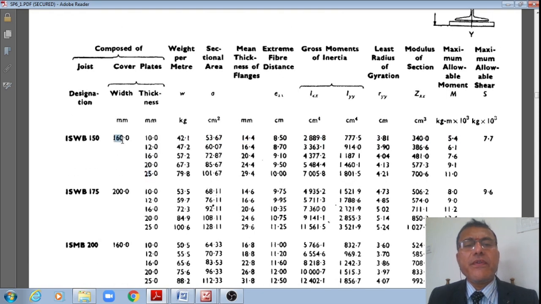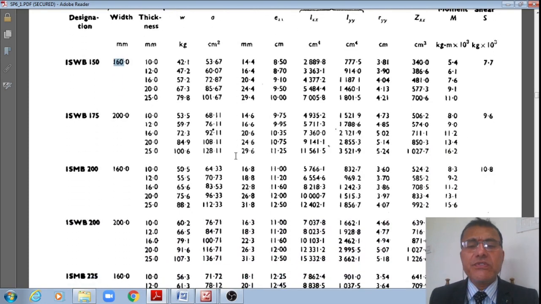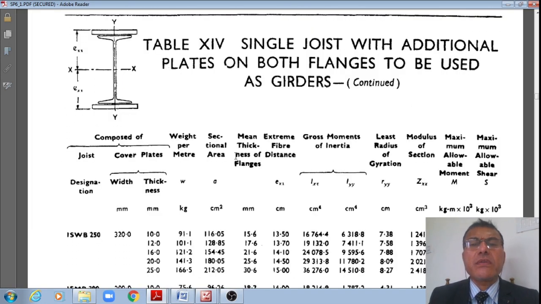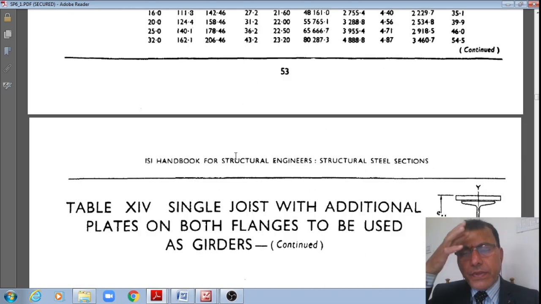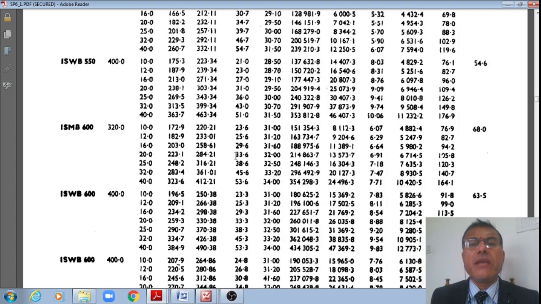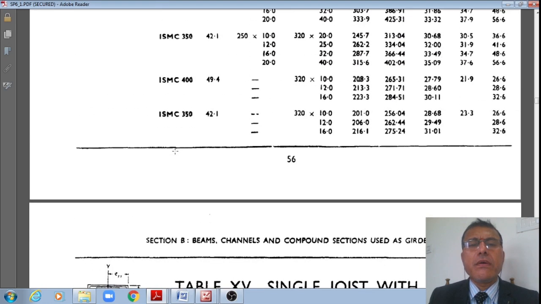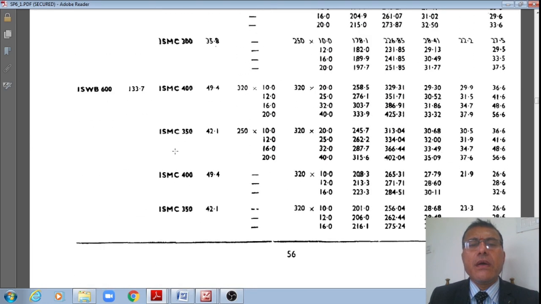25, with a width of 160 with a thickness of 10, 12, 16, 20, 25, etc. If I provide, those are all the different geometrical properties. Now this will be acting as a ready reckoner when you are designing these as beams, right? The built-up beams, when you are using these as built-up beams. Now let us move to the next discussion, students, right? For different sections these are available, right?